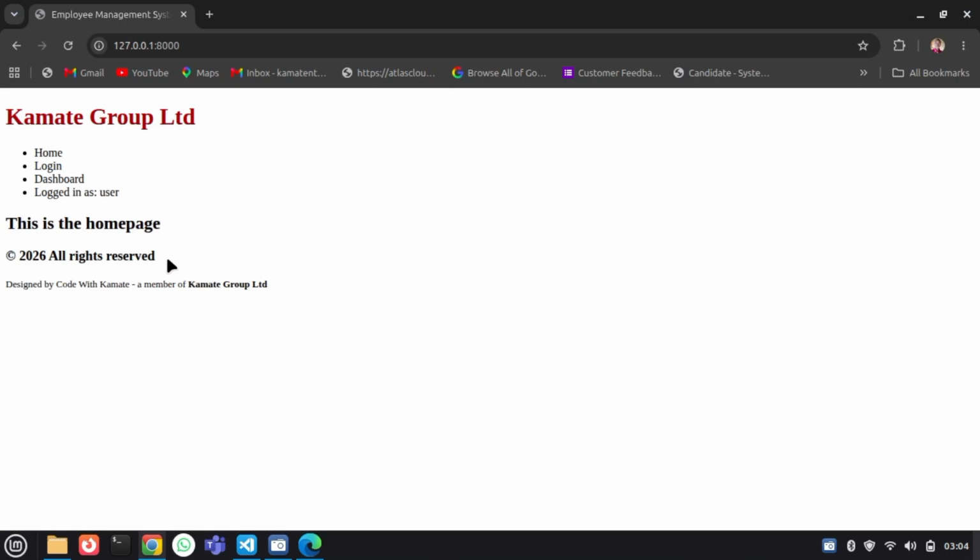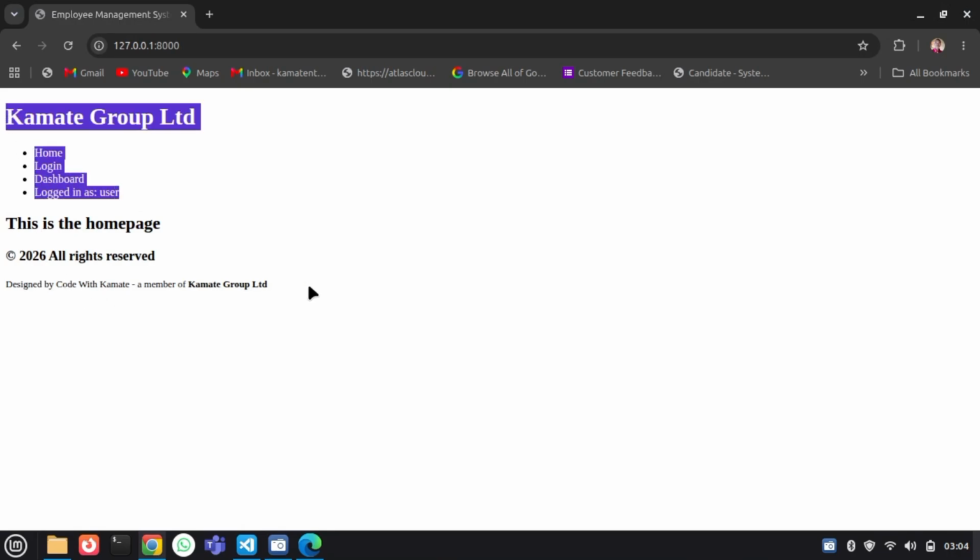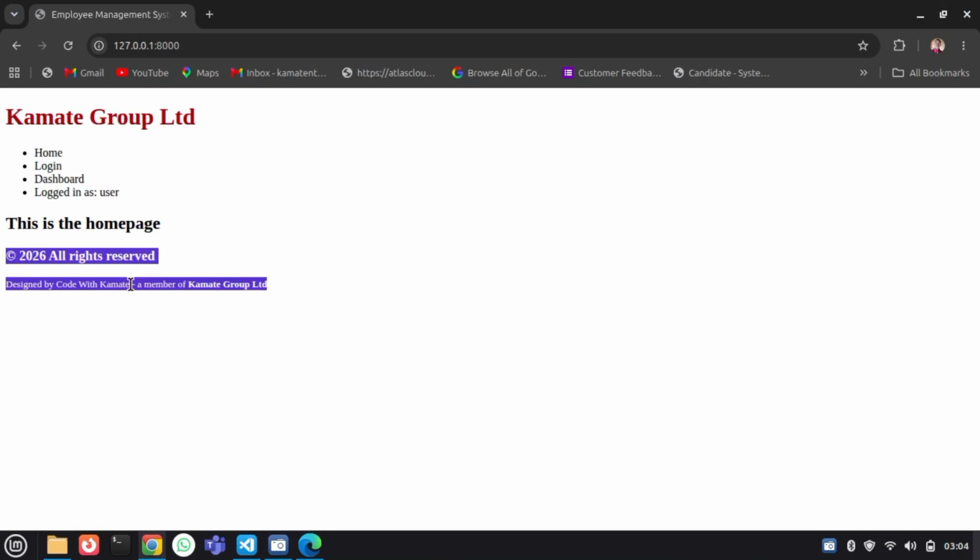So for any page that will be inheriting base.html, it will always have a header and a footer. This is done to create uniformity among all the pages, because if you have 50 pages, you cannot be designing their headers and their footers all the time. Instead, we just need to have one